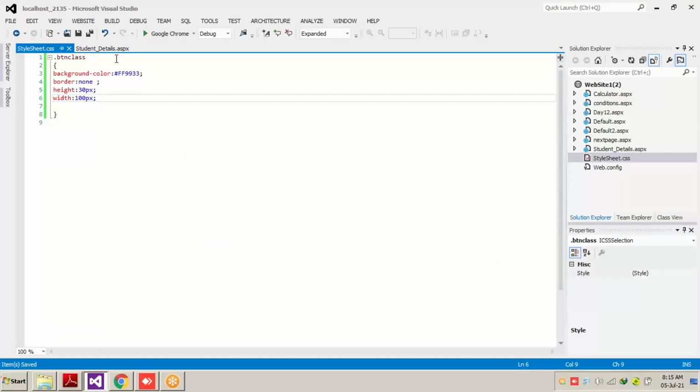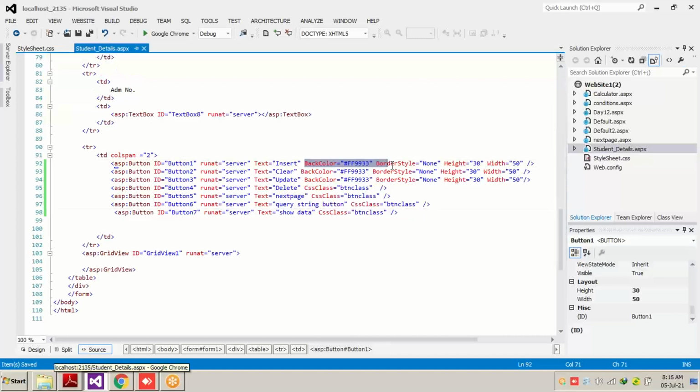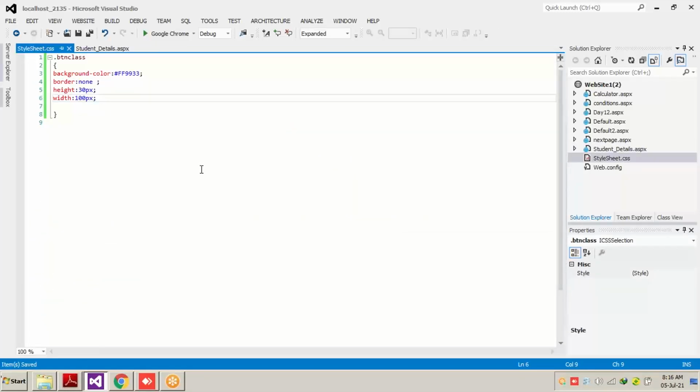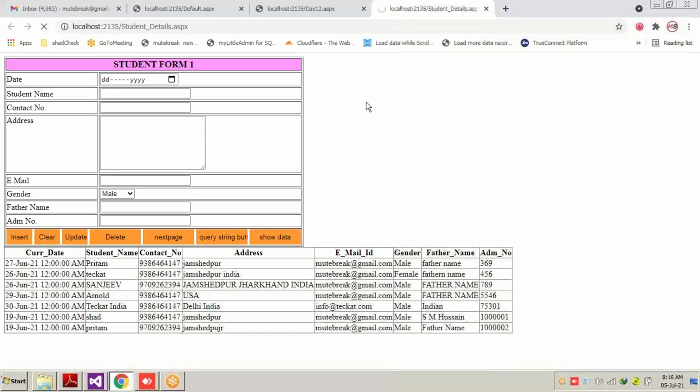So just to make you understand, I have written the properties separately for the first three buttons. In these three buttons also I'm going to add this class, because this class also contains all the properties which we have written separately in the first three buttons. Now whatever change we have to make to these buttons, we will just make the change in one style sheet. Only one place we have to make the change, and that particular change will be applied to all the controls on our screen.